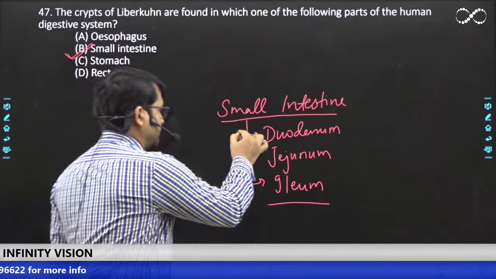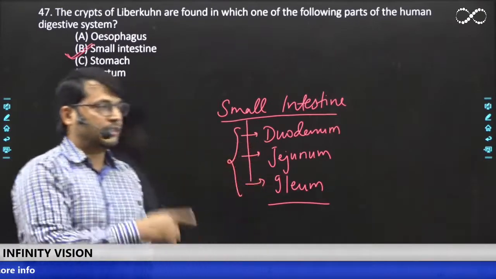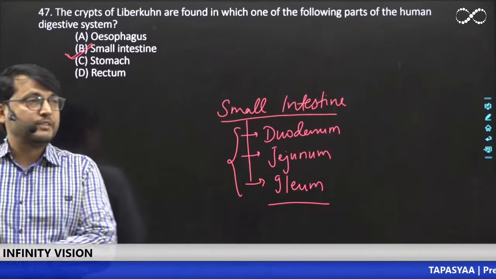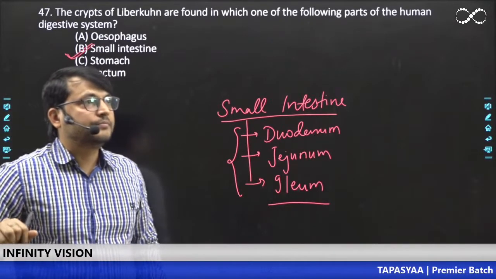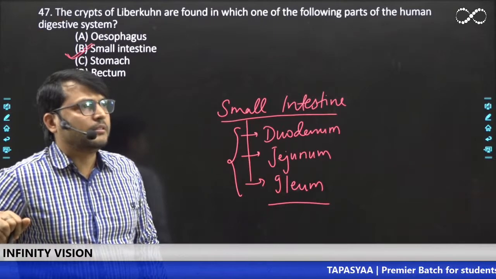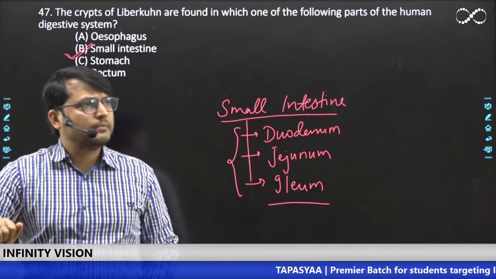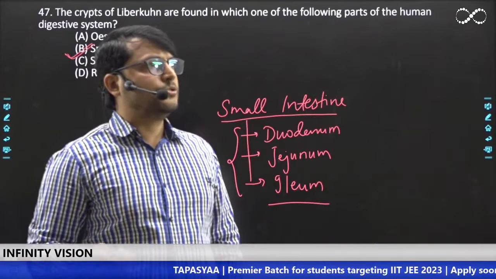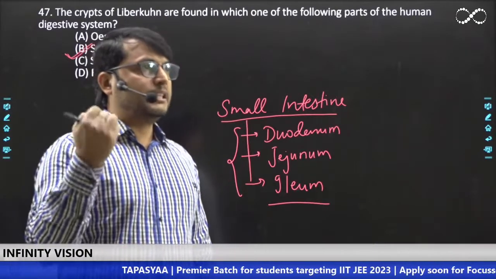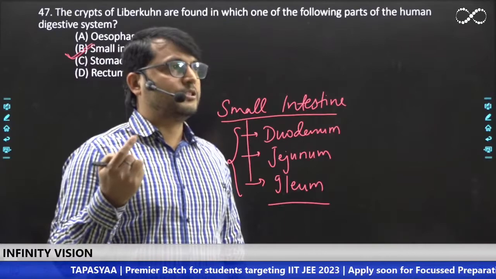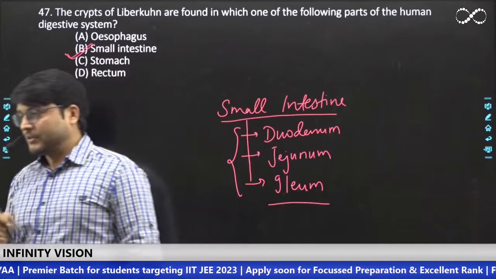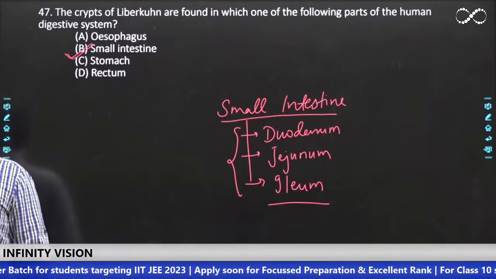Among the three, what should the option be? If the question was, in which of the following small intestine parts do we find crypts of Lieberkühn? Okay, there is the question. Response from Akhil, Priyansu: it is found in jejunum and ileum. Beta, correct the spelling of ileum, because that is very much important. Okay. Duodenum. Great. I'm waiting for others.